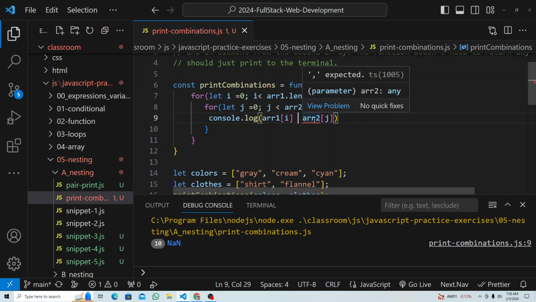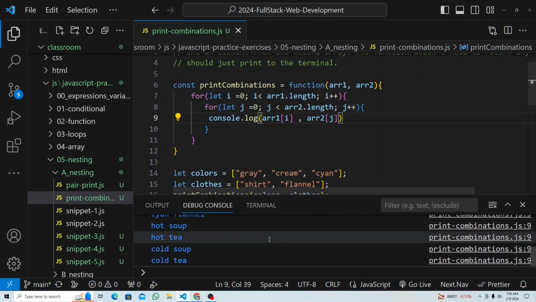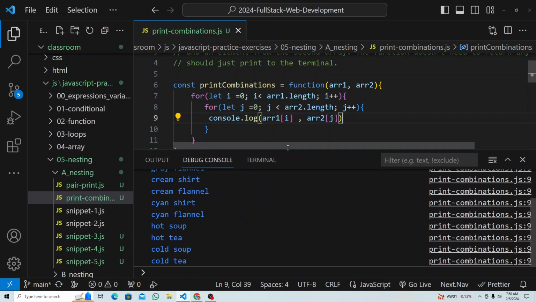So here it expects a comma, right? Okay, let's put a comma and try. F5. Yeah, so we have to separate each variable, each data, with a comma. That works, but when we put a dash, that is not a data type. I mean, even a comma is not a data type, but a comma is allowed, so it is just allowed to separate things,